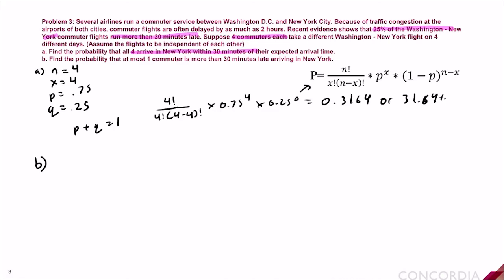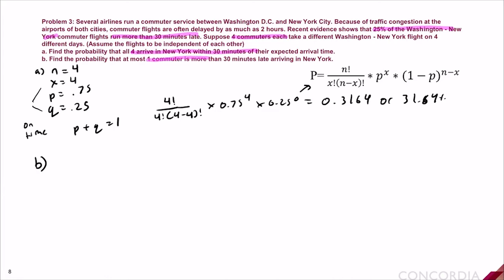Find the probability that at most one commuter is more than 30 minutes late arriving in New York City. So now, the chances of at least one commuter arriving late can be translated to at least 3 being on time. The reason we want to make that translation is since we already set up our problem for A in terms of being on time. So instead of retranslating it to being late, we're just going to translate the question B into being on time. The question's asking us